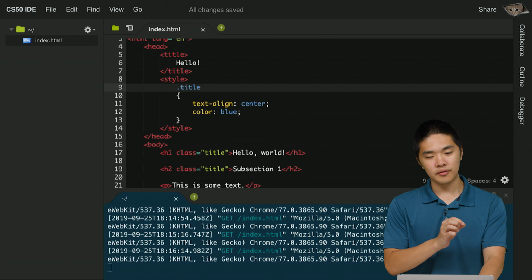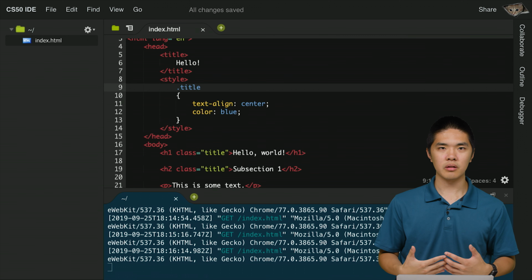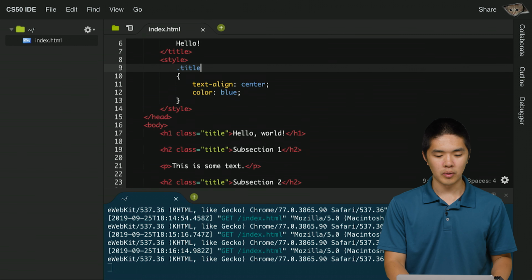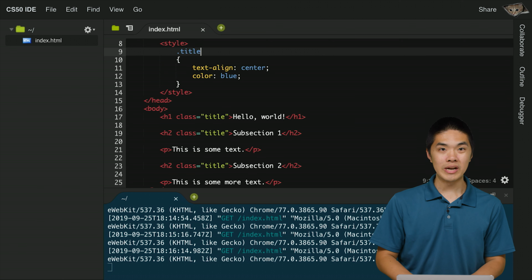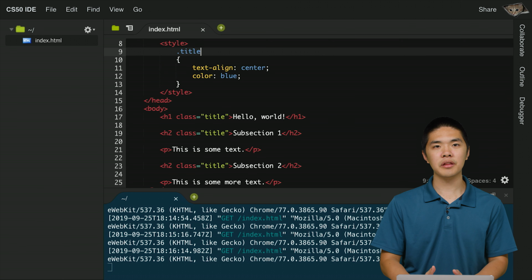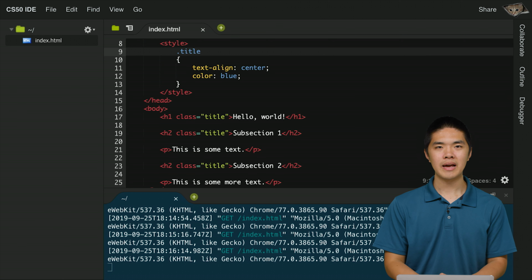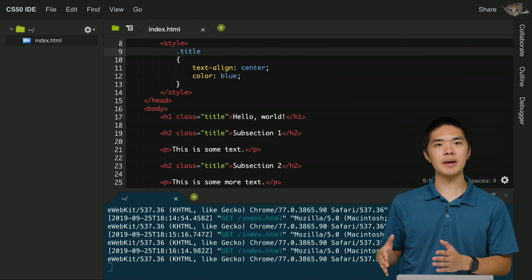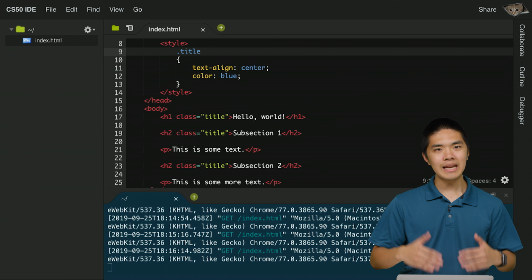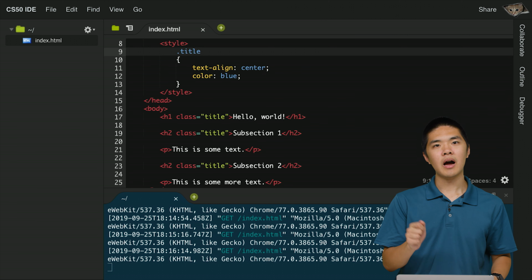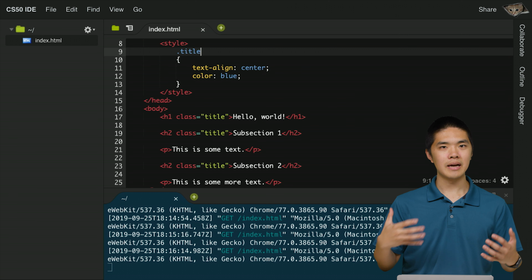The dot signifies that the name of a class is coming next, and then title is the name of the class that I want to style. So what does this all mean? I've given 3 HTML elements a class name of title, the H1 and then both of the H2s. And then in the style section of my web page, I've specified that for any element that shows up in this web page that has a class of title, I want to go ahead and center it and also make